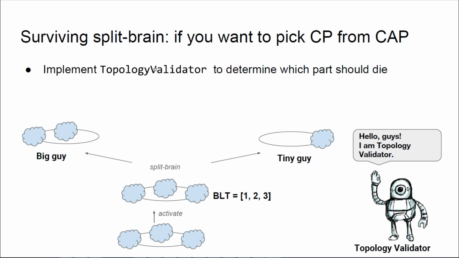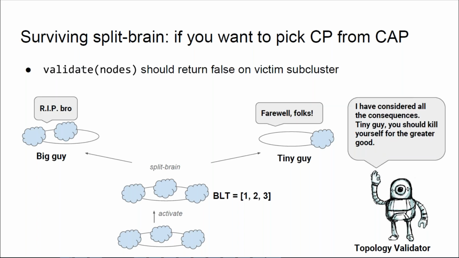And Topology Validator is a code that will tell, in case of split brain, whether or not this part of subcluster should be shut down. So let's consider this example. There's a split brain and a cluster is split into two clusters. There's a big guy and tiny guy. And Topology Validator comes and he has to decide which part of the cluster should